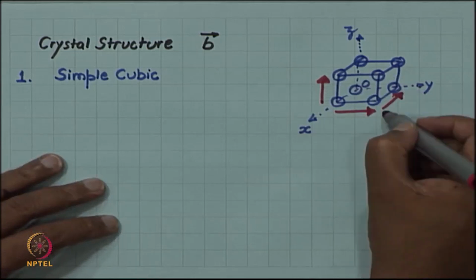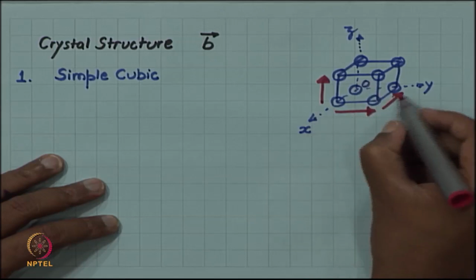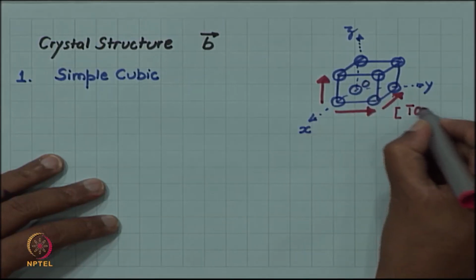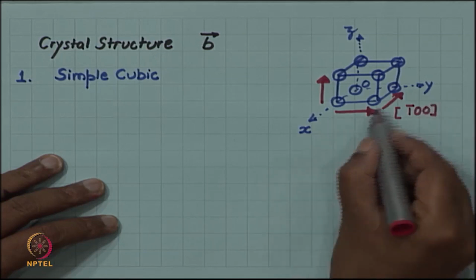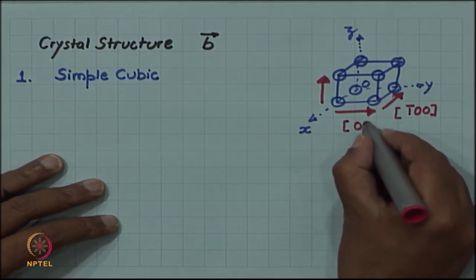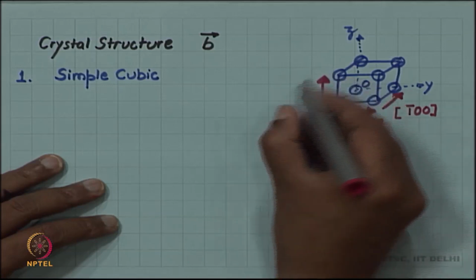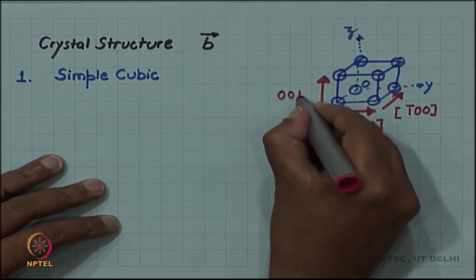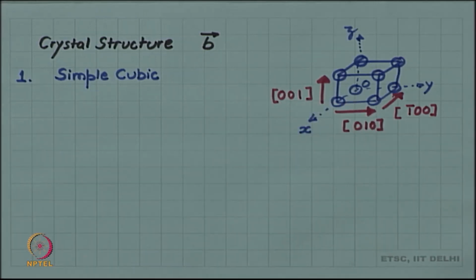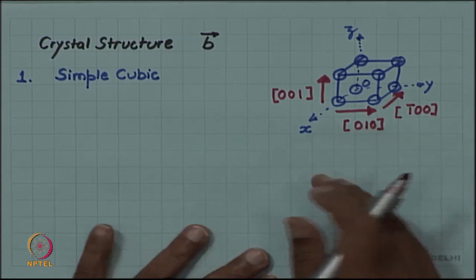This is a vector which is going in the opposite direction of the x axis. So, this is bar 1 0 0, this is parallel to the y axis, this is 0 1 0, and this is parallel to the z axis, 0 0 1. Any of these vectors can be the Burgers vector for the simple cubic structure, and if we want to represent